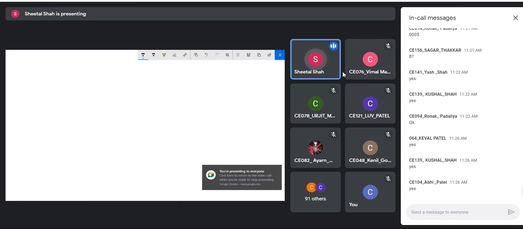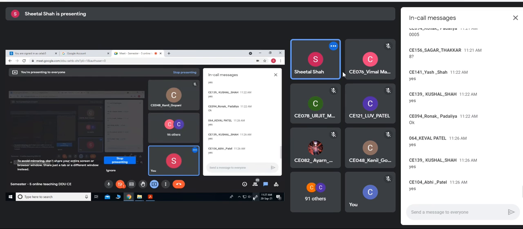If you have any doubts, you can ask me. Suppose we want to perform a division of a 32-bit number by a 32-bit number. Both of them are 32-bit numbers.